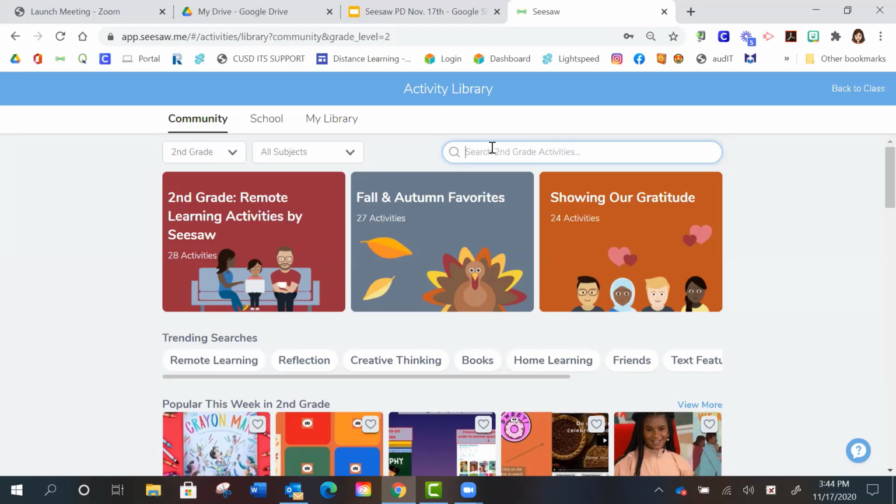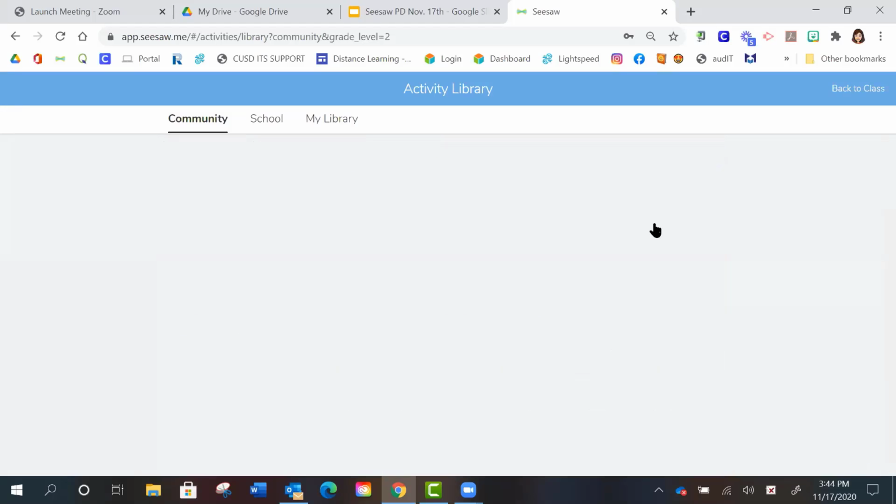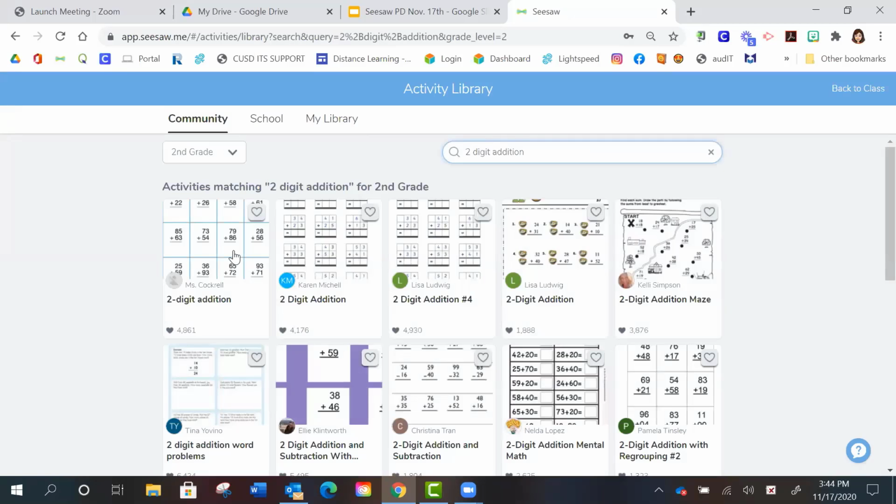So let's see, what's a second grade topic that I can search for? Anybody want to see something? Math, language arts? Two-digit addition. Two-digit addition, okay. Just so I know that that's going on. Okay, so if I just want my kids to just practice some two-digit addition, it doesn't have to be anything fancy,